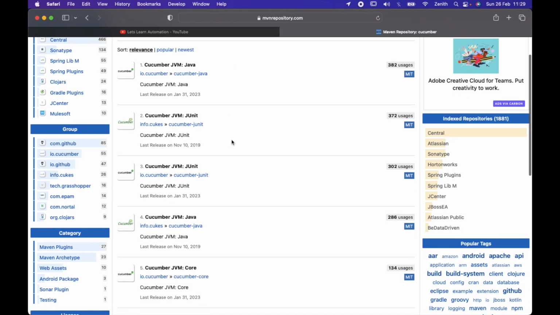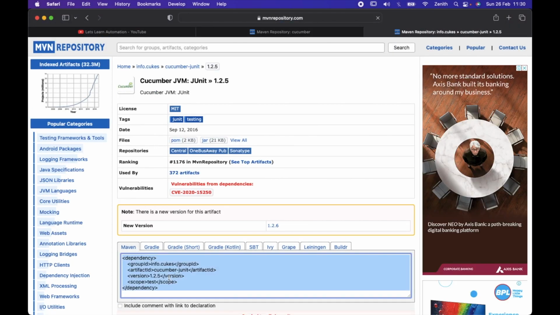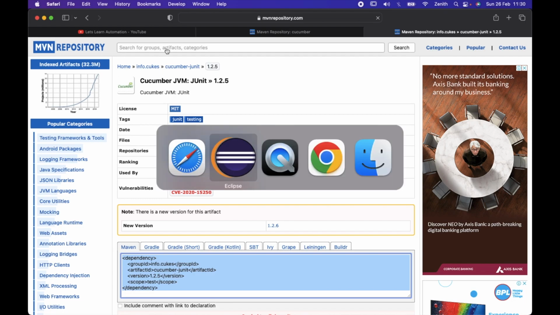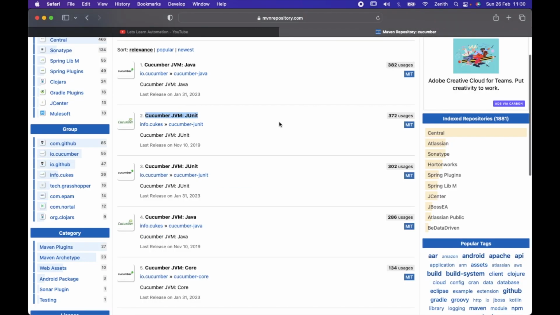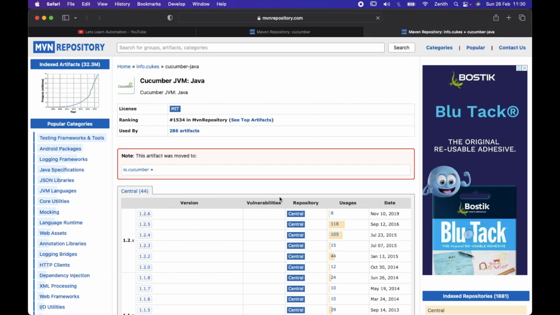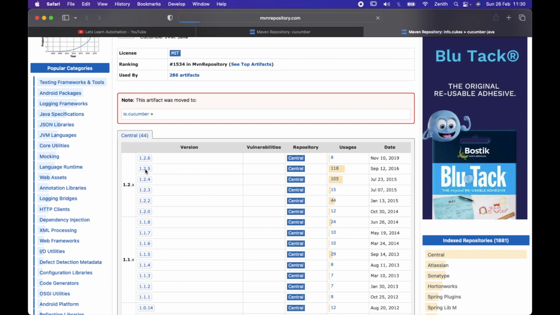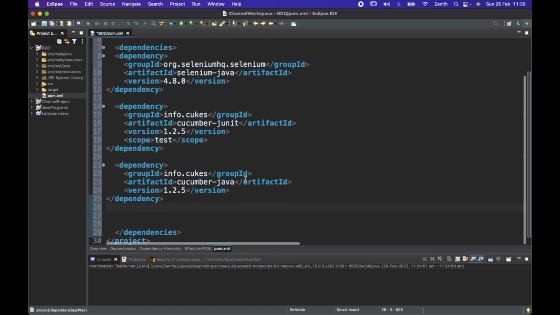and here we need to select. So first of all, I will select the Cucumber JUnit. So I will select this one, the 1.2.5. I will copy this and paste it here. So that is Cucumber JUnit. Then we'll see Cucumber Java, this one, and I will select 1.2.5, this one. Copy this. So this is Cucumber JUnit, Cucumber Java, and then